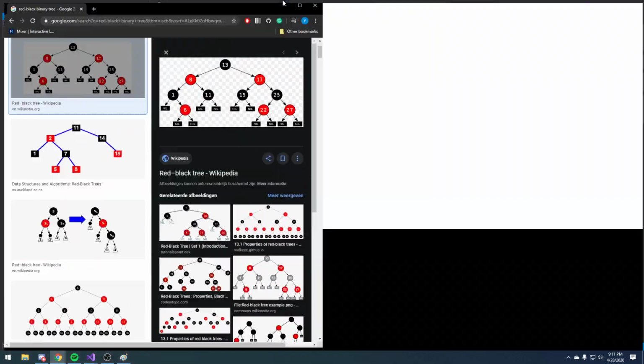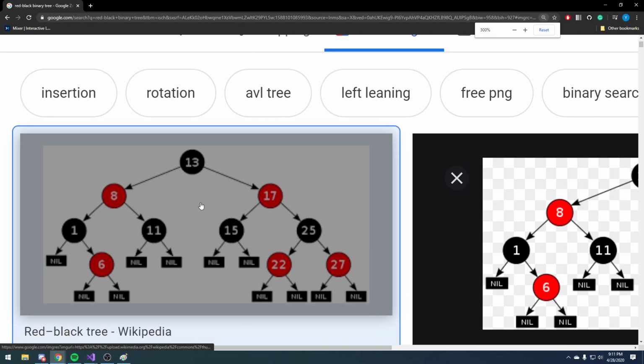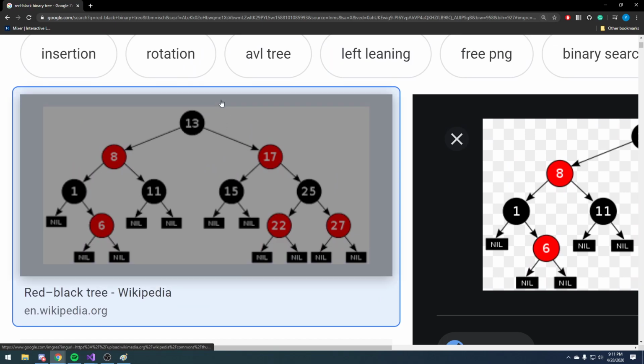Right. So the std::map is ordered, right? So what happens is that instead of